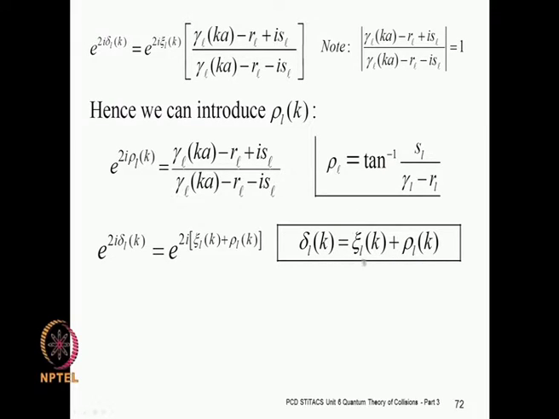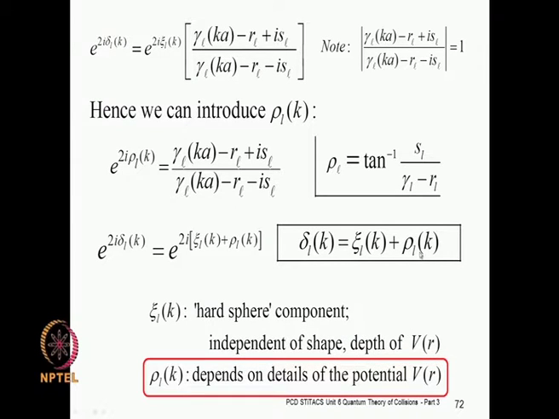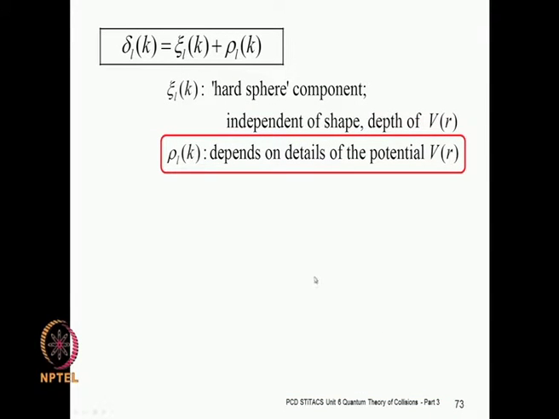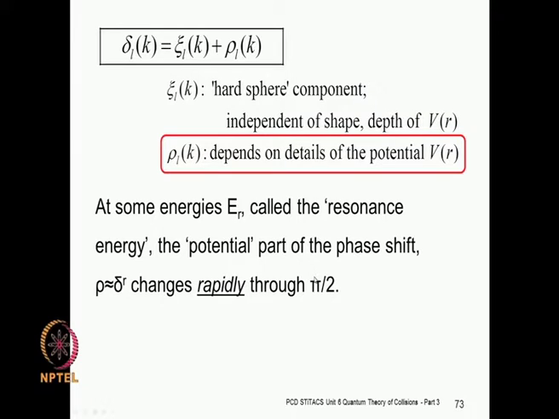This part is coming from the hard sphere, and the details of the potential then do not matter, okay, because it is just the hard sphere component. The second component rho is what contains the detailed dynamics of the collision process. So, rho will be determined by the details of the potential V. It depends specifically on the details of the potential, and rho will be very sensitive to this potential. It will be very sensitive to certain dynamical factors which are involved in the collision process,